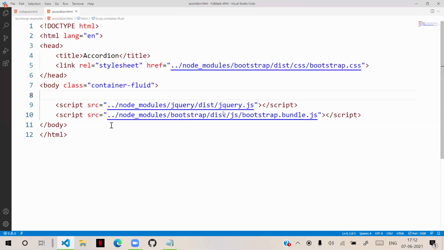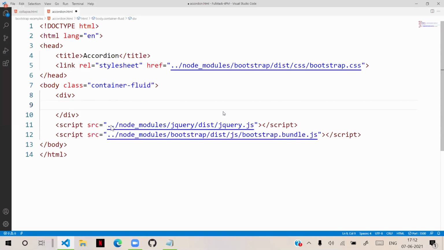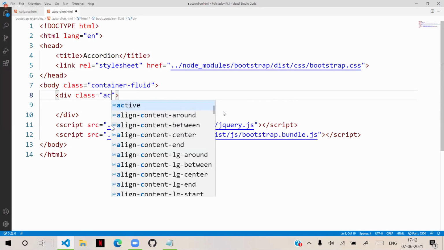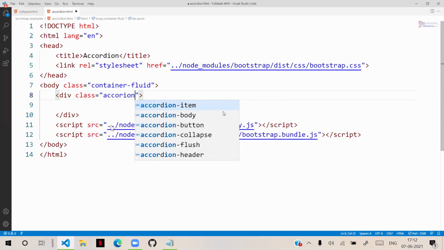Usually how the accordion style works is, I keep here a div, and this is the parent. What you can do is configure the class as accordion. I'm configuring this as accordion.